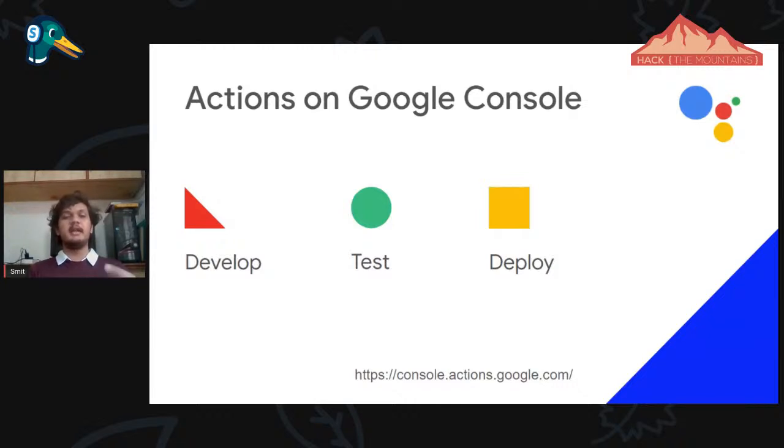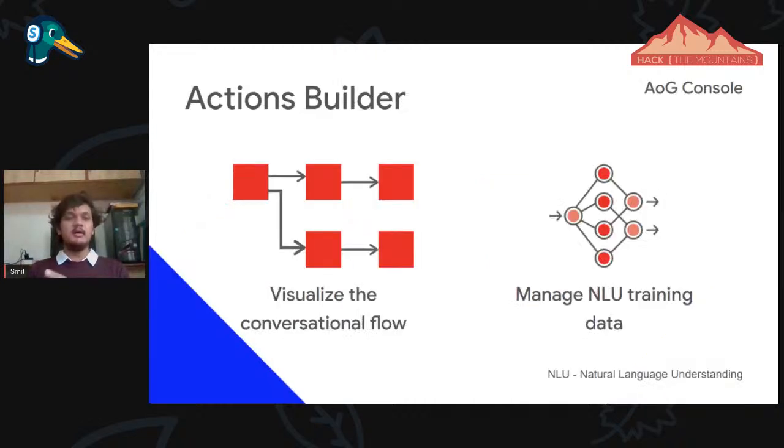Now there is one more type of invocation, the deep link invocation. It eases the task more. Suppose you say, Hey Google, ask Hack the Mountain hackathon about the speakers. It will invoke the speaker intent from the Hack the Mountain action. Similarly, you can see this mentioned in the deployment section and in Actions Builder, the new update from Actions on Google, where you can build the actions.